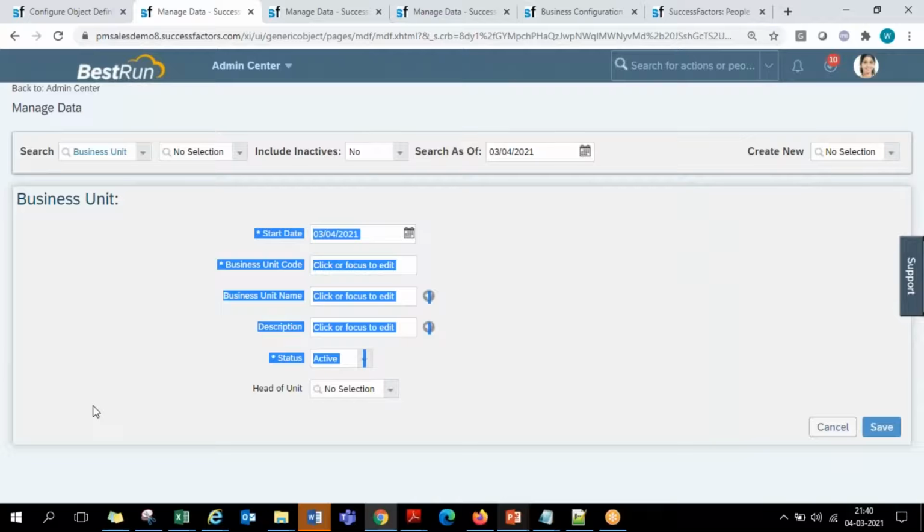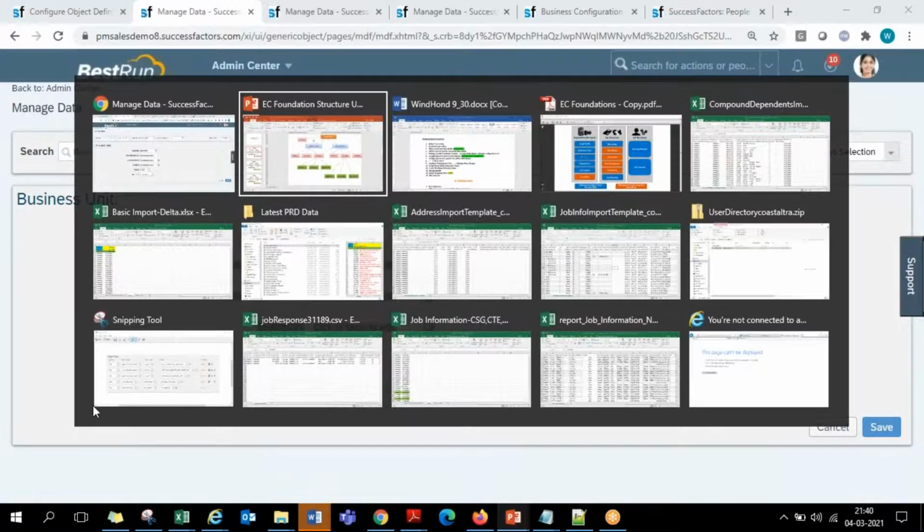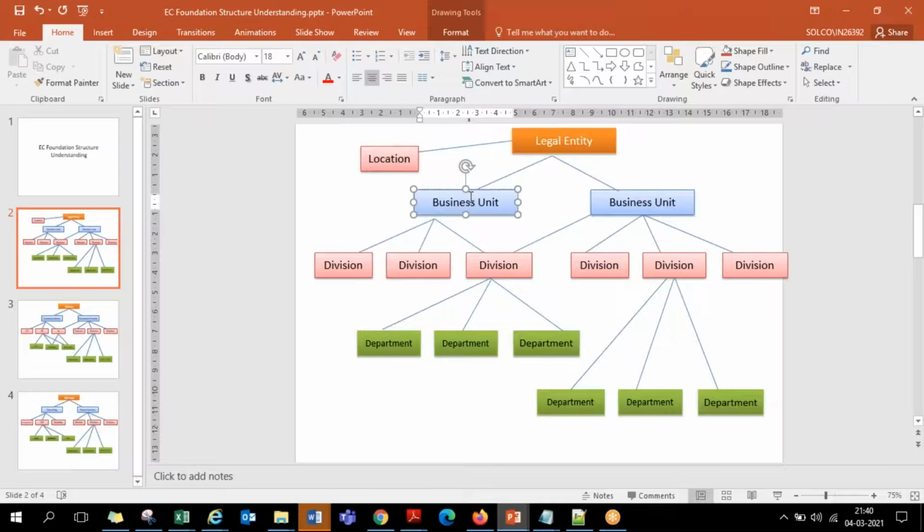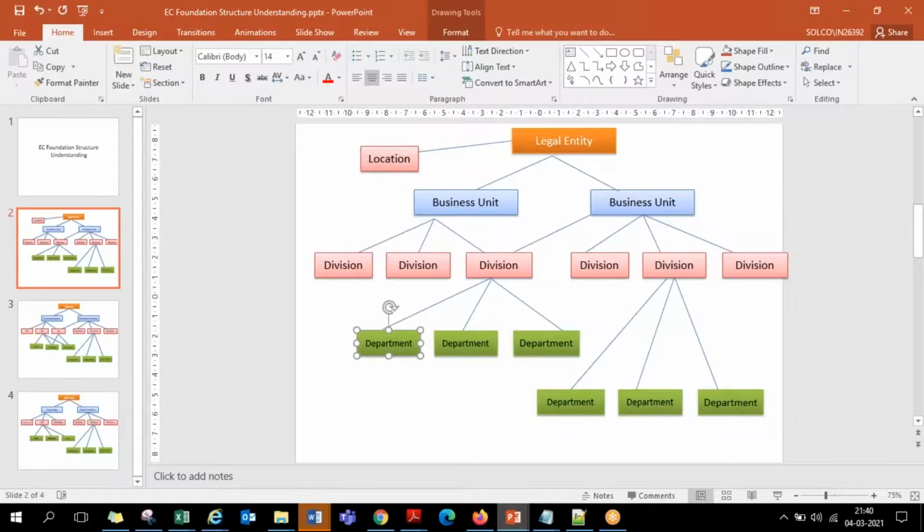First, in a fresh customer system, every object is independent. There is no connectivity. You are required to establish the connectivity. SF will not give you any standard linkage. For example, tomorrow a customer says, I don't have a concept called division. Directly after business unit, I have department only. Then the consultant is required to connect department and business unit in that customer system. So that's why they don't give you the association established.